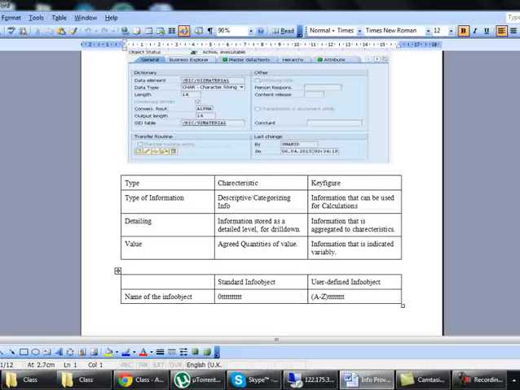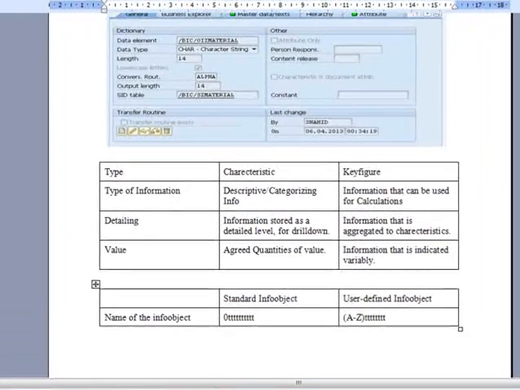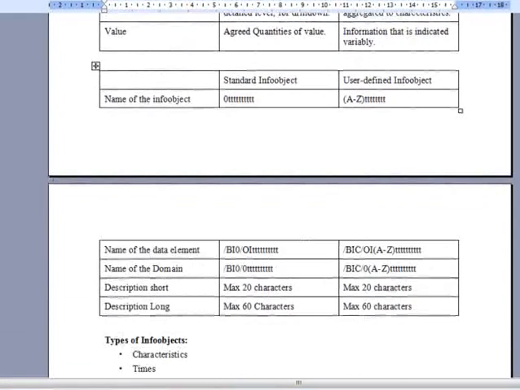It means characteristics are defined for the key figures, and key figures are aggregated according to the characteristics. So this is the naming convention here, and the length of the technical name of the characteristics and key figures is up to 9. You can define up to 9 characters of technical name. You cannot define more than 9. And you can see the data element here.